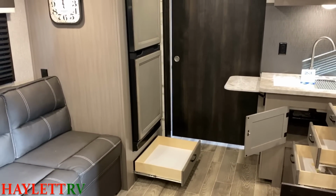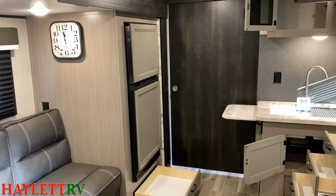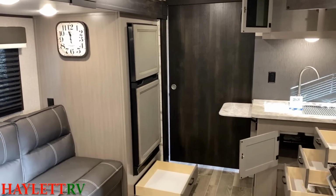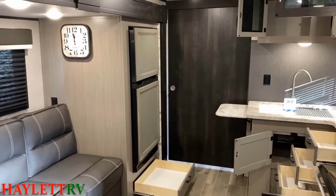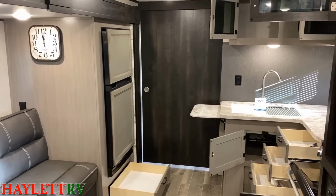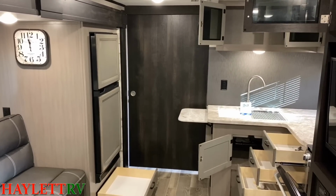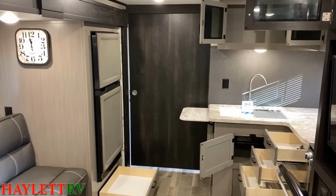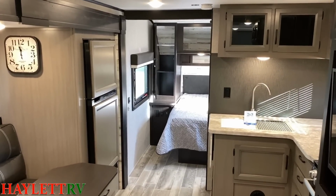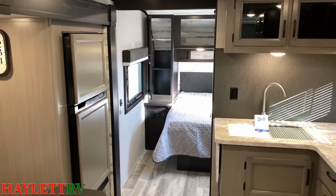That is, by the way, the 8.7 DC compressor fridge, the 12-volt fridge over there, giving us about 33% more cold storage capacity while cooling faster and being completely travel safe. And that big sliding door up to the bedroom, I think, is actually one of the things that makes this floor plan work. I say that because that big wide open sliding door makes the whole thing